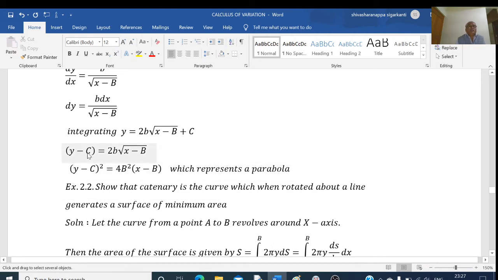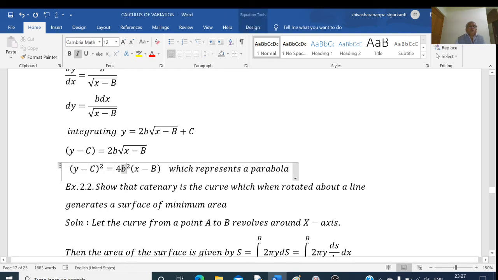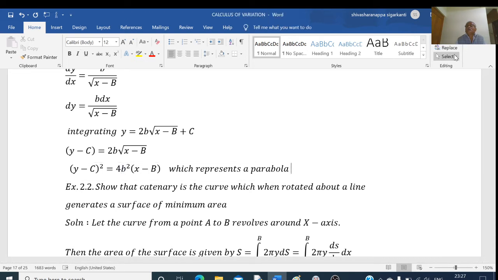Or if I square this, I will get y minus c whole square is equal to 4b square into x minus b. This is in the form of y minus k whole square is equal to 4a into x minus h, which is nothing but a parabola. So this represents a parabola. Next example,